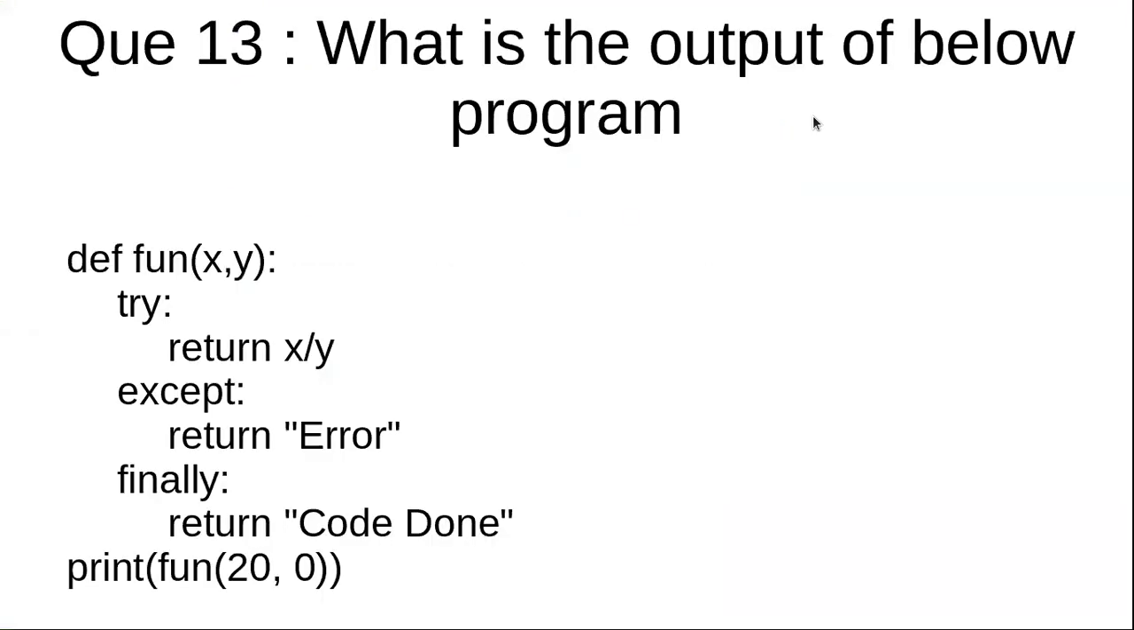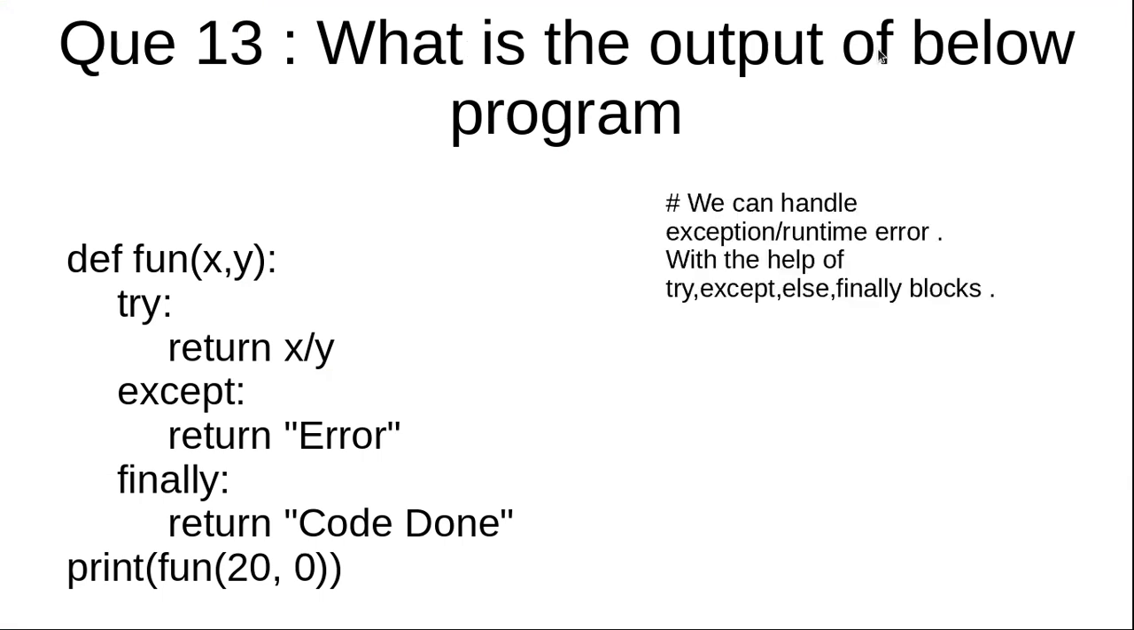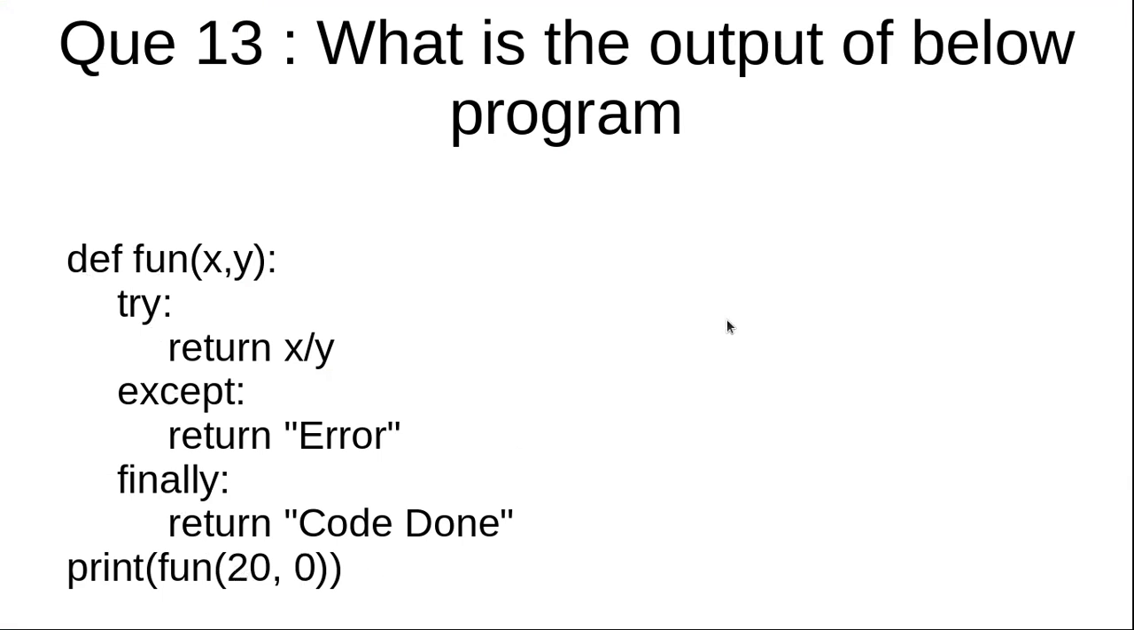In this video, we will discuss one of the Python interview questions: what is the output of the below program? This is the program given, with a function using try, except, and finally blocks, and print of fun of 20 comma 0. To understand this question,